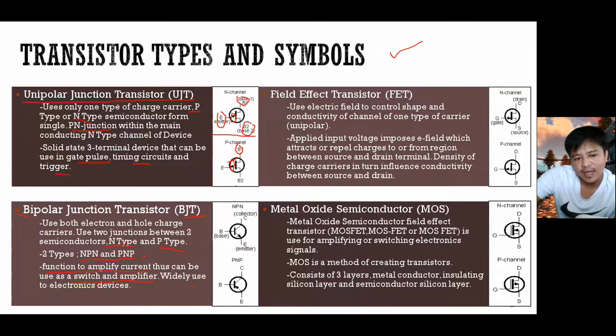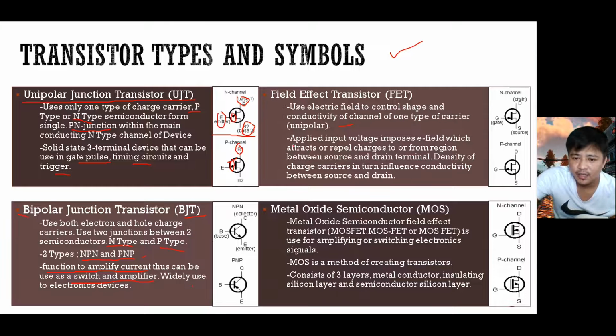We'll be tackling this more, or focusing our presentation on this one. Okay, so let us discuss the field effect transistor, or the FET. So these are the symbols for this type. It uses an electric field to control the shape and conductivity of channels of one type of carrier, or unipolar. So this is somewhat related to the unijunction transistor because it only uses one